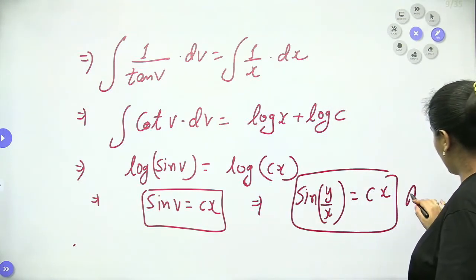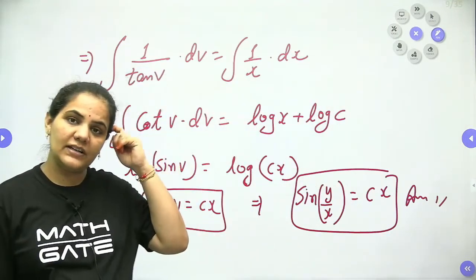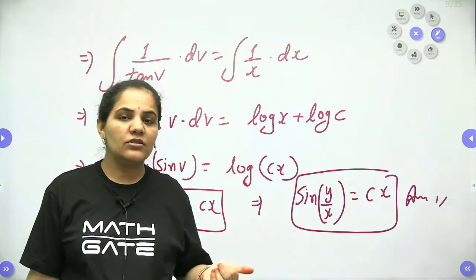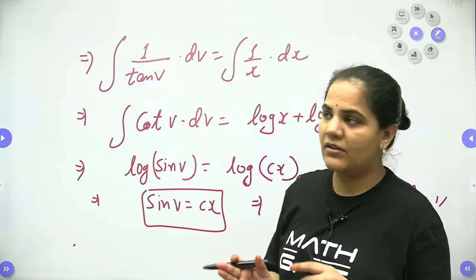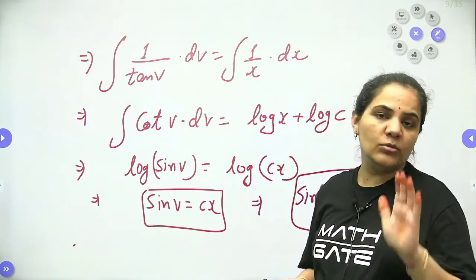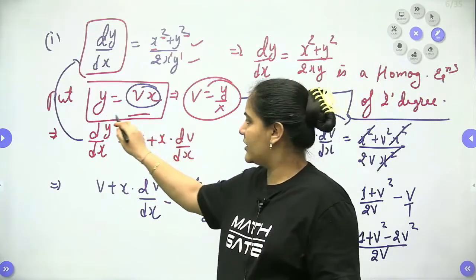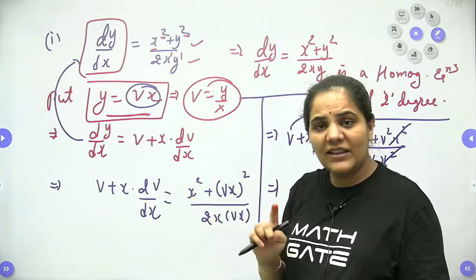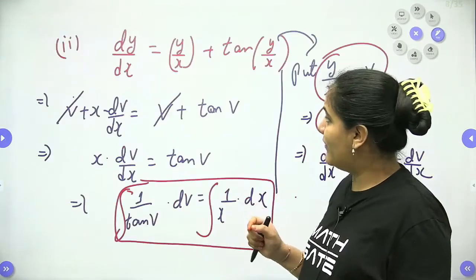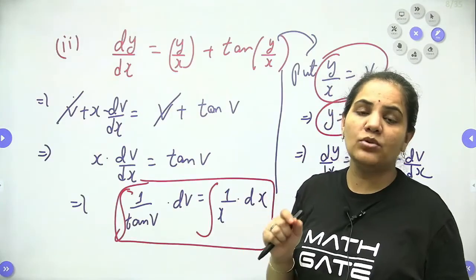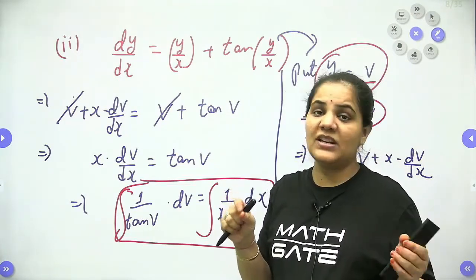Now you can leave it here only, because we don't have options. Whatever options we have, we can approach according to the options, right? So we don't have options here, so we can leave it here, guys. Done. So these are the concepts which we can learn in the homogeneous differential equation. When there is an equation having dy by dx, you will approach directly with y is equal to vx. When there is an equation of dx by dy form, you will directly approach with x is equal to vy. Whenever you have a trigonometric function, you will just substitute the angle of that trigonometric function as v only.